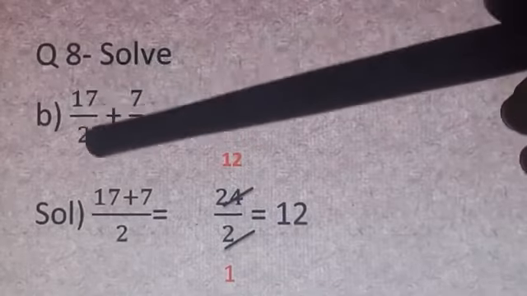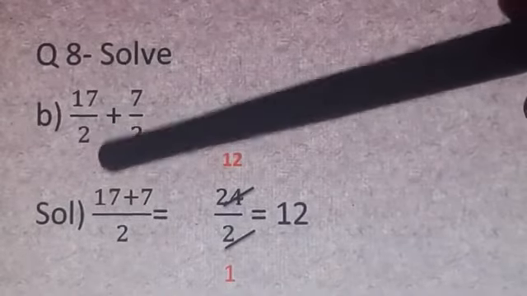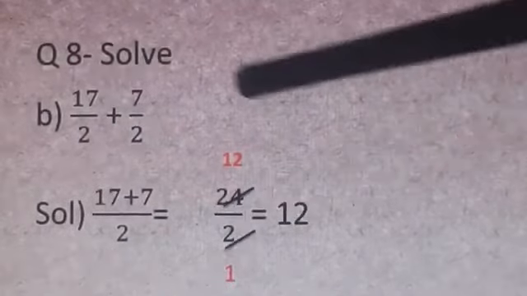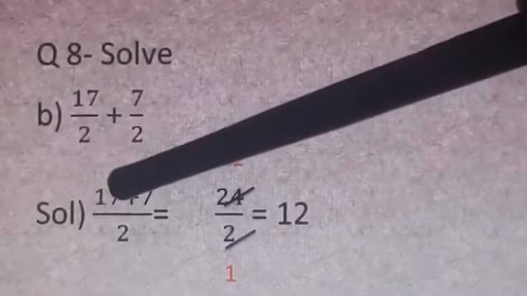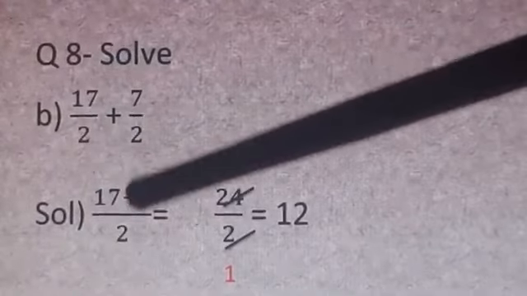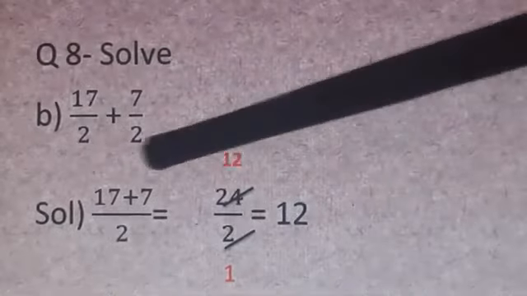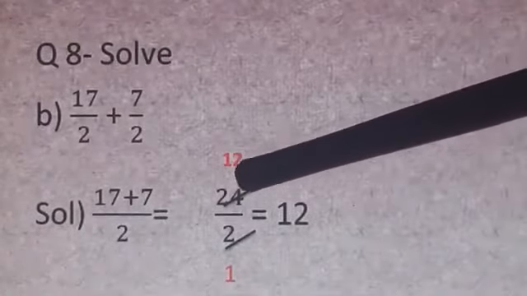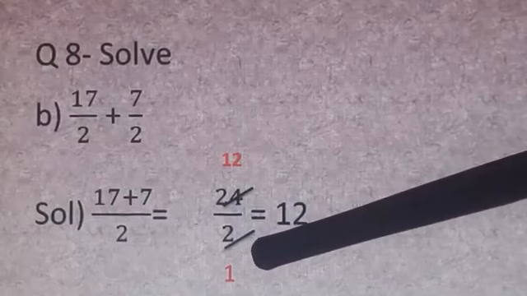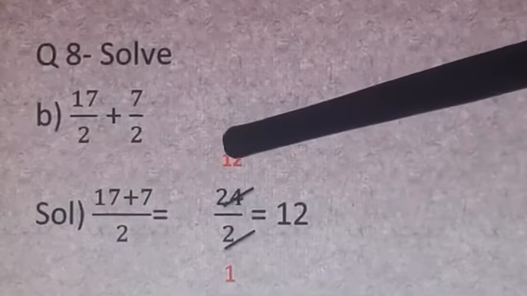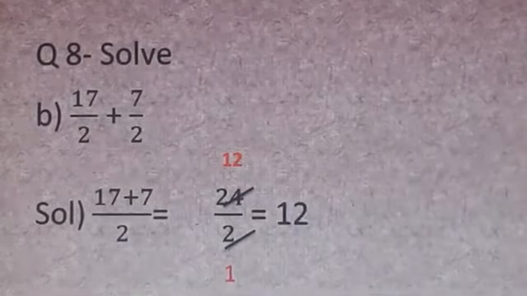B part: 17 upon 2 plus 7 upon 2. Denominators are same. LCM of 2 and 2 will be 2 only. So numerator 17 plus 7. क्योंकि बेटा आप 2 divide 2 करेंगे, your answer will be 1. 1 into 17 is 17. 2 divide 2, answer will be 1. 1 multiplied by 7 is 7. 17 plus 7 is 24 upon 2. Now see, both are even numbers, so we will do cancellation again. 2 1s are 2, 2 1s are 2, 2 2s are 4. Now it is 12 upon 1. 12 upon 1 is written as 12 only.